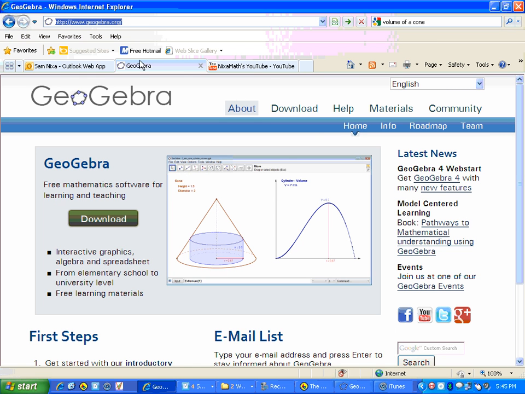I'm going to start this lesson by introducing free software that you can use to help you discover certain things about geometry and geometric figures. So I'm going to be using this. I used to use Geometry Sketchpad, but that's not free, and they came out with this GeoGebra program that's absolutely free. You just go to geogebra.org, so it's a combination of geometry and algebra, and this page will come